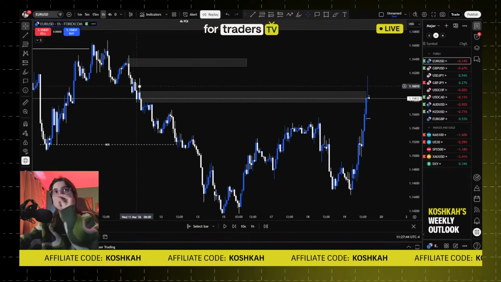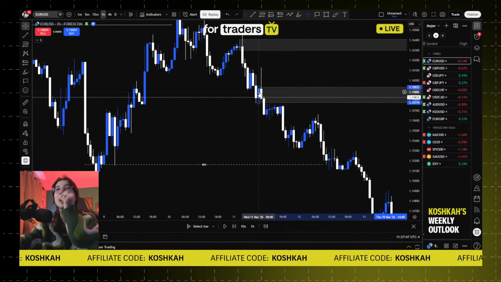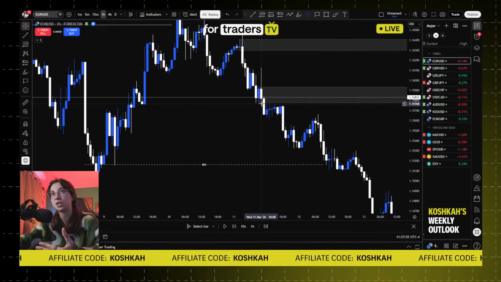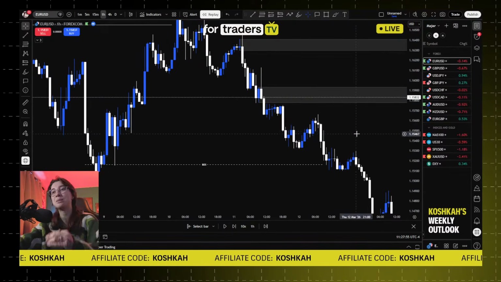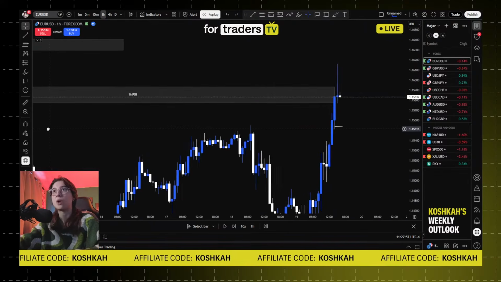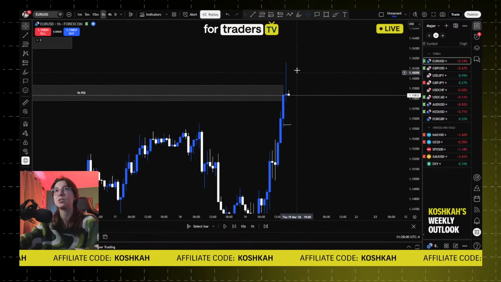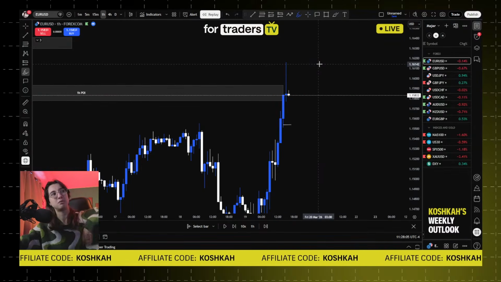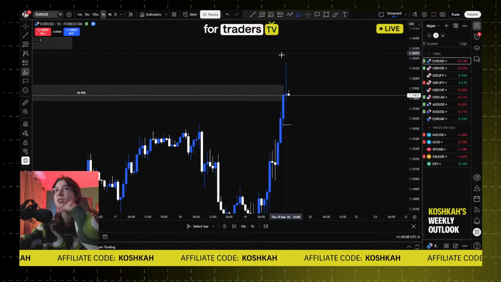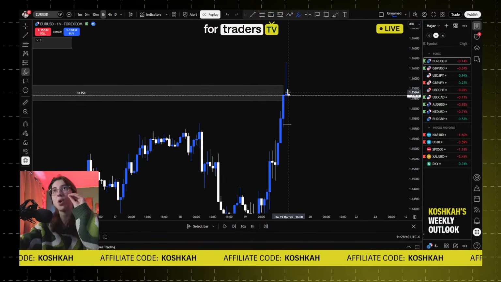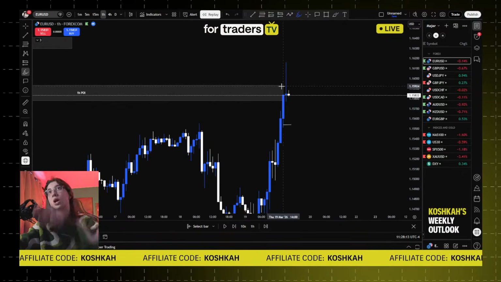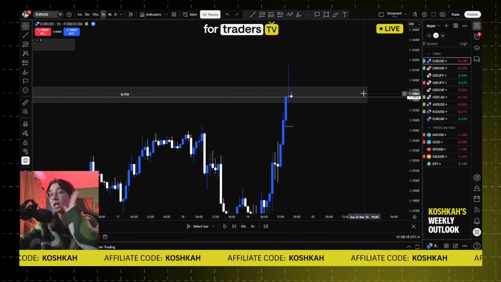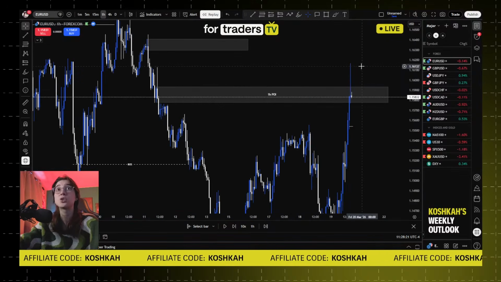So what does that mean? Right here, you see we have a 1 hour POI that is a valid POI according to my rules: an opposite color candle connected to the imbalance that isn't mitigated yet. Now, right here, price mitigated this POI. As you can see, we have a huge wick that completely went through the POI. The thing is, this huge wick, we don't care, because we're always only looking at the body closure. If the body closed inside the POI, as it did here, the POI is still valid. This wick is actually just a liquidity sweep.